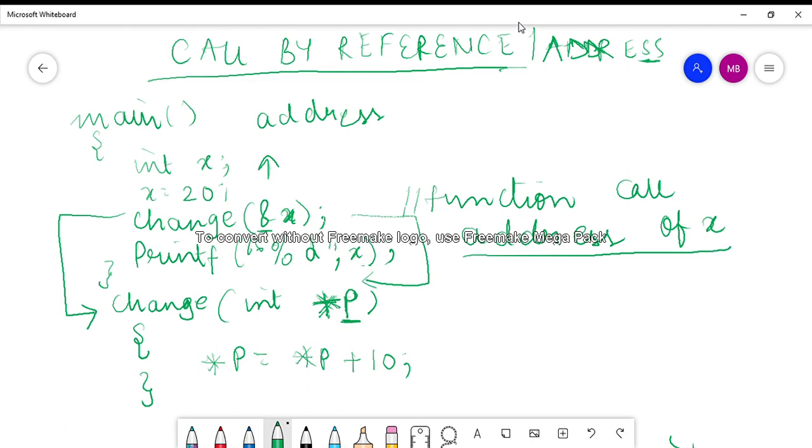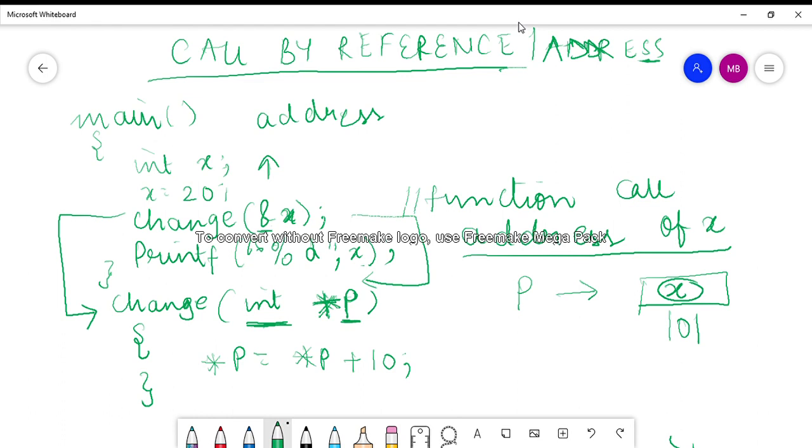Now inside change, variable p is declared as a pointer. Here you can see p is a pointer variable of data type int. Now a pointer variable means a variable which is pointing to what? To that memory location where the argument or variable is stored.